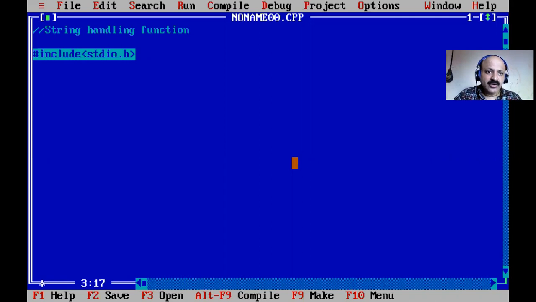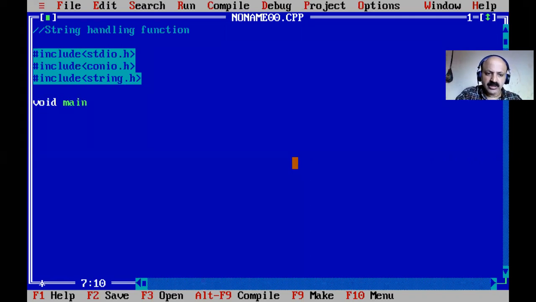So stdio.h, and then conio.h, console input output, and then one extra header file, that is string.h, because string.h holds the string functions in the editor.